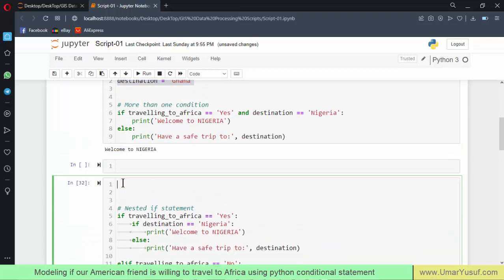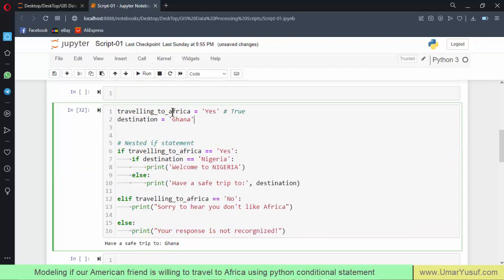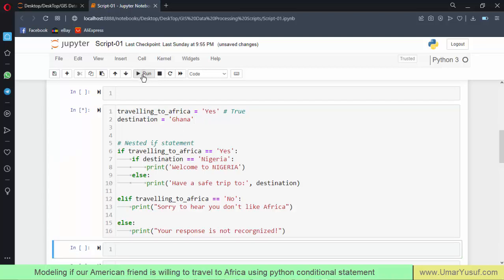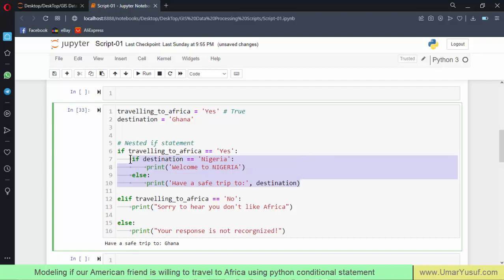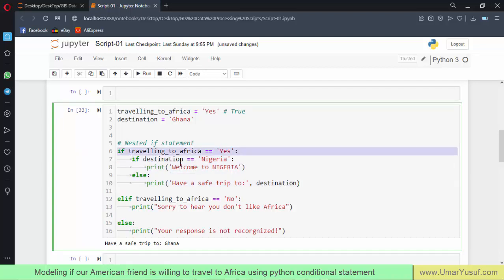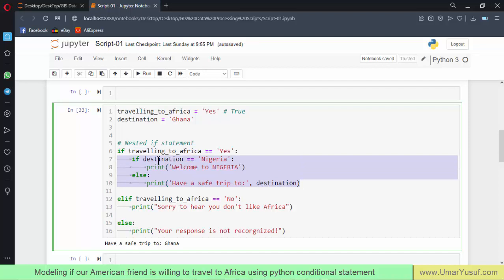the script. I'm just copying the variable definitions into this cell so that you will see the execution of the code. You can see in this case, we got have a safe trip to Ghana. So the part of the code that was executed is this, which is the if statement nested within the main if statement. Traveling to Africa was set to yes. So that means this was valid, and the program will now execute the code below it. But had the response been set to something else, let's say this program was set to something like